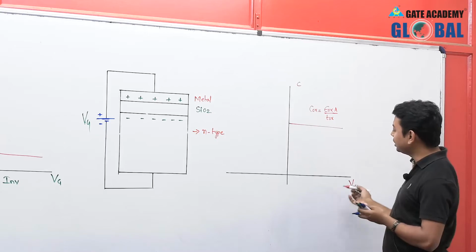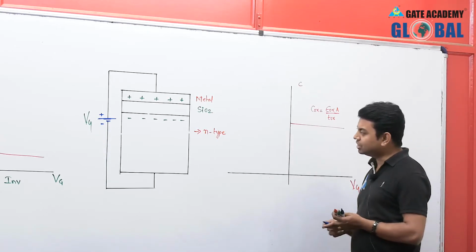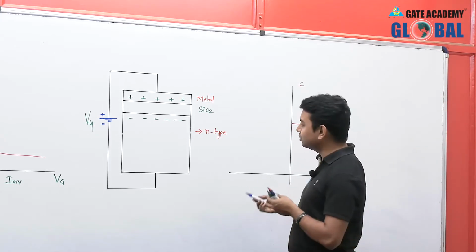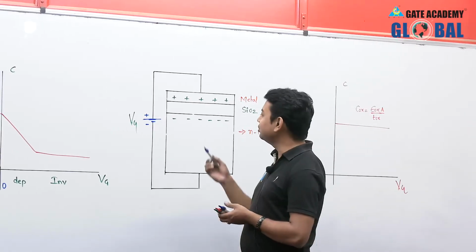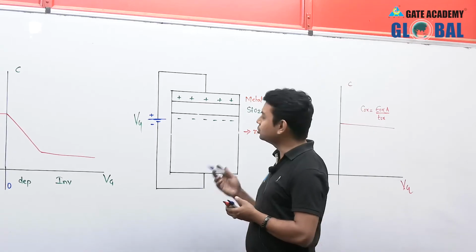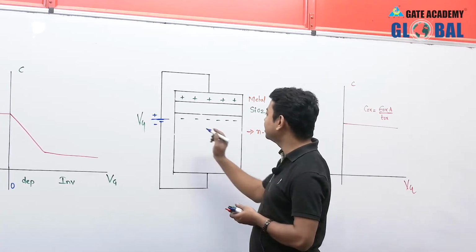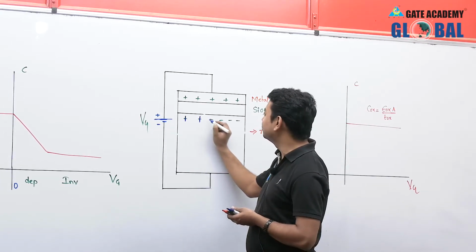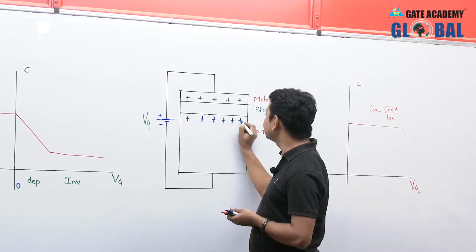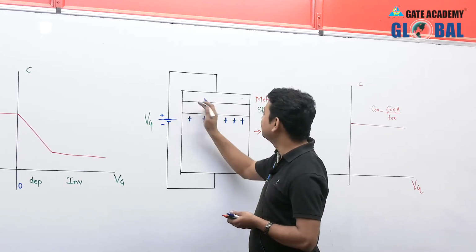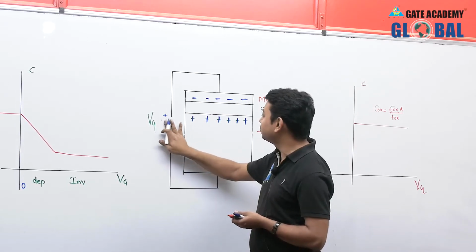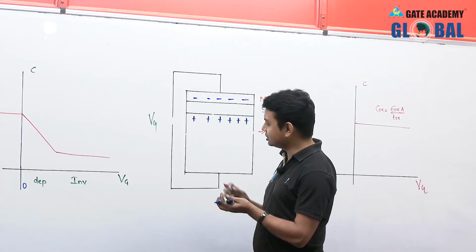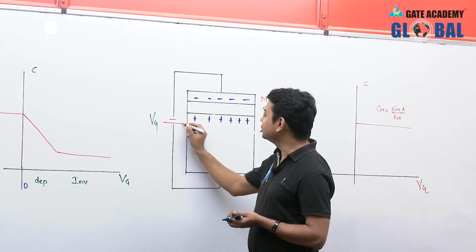It is not depending upon the voltage. So what is depletion in inversion mode in an N-type semiconductor? Depletion mode means we are having the ions here, and those ions in an N-type semiconductor are nothing but the positive. So if you want positive charges here, what do we have to apply? We have to apply a negative potential at this. That means we have to change the polarity. Now this is negative and this is positive.